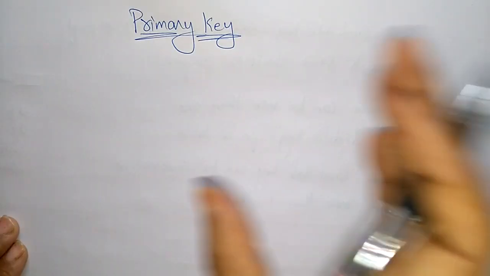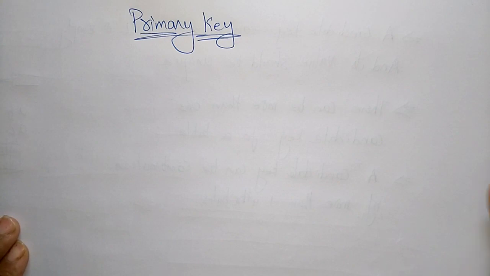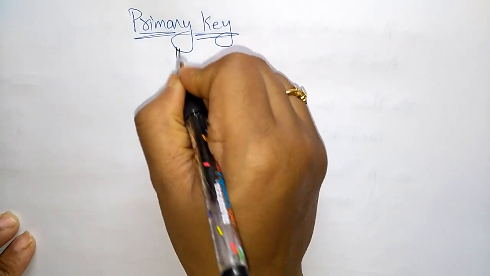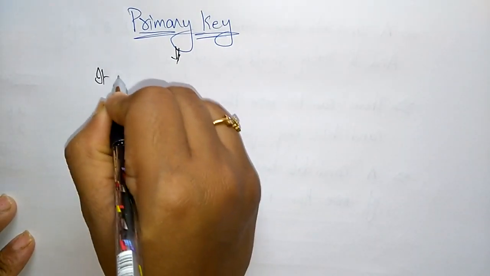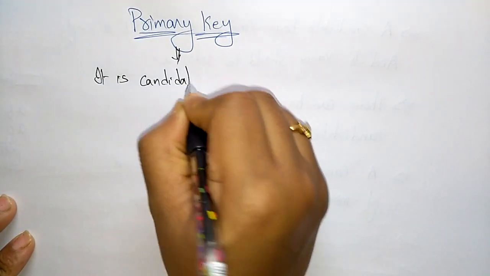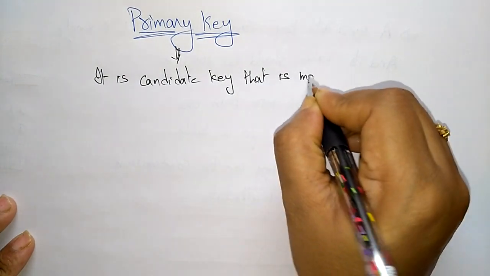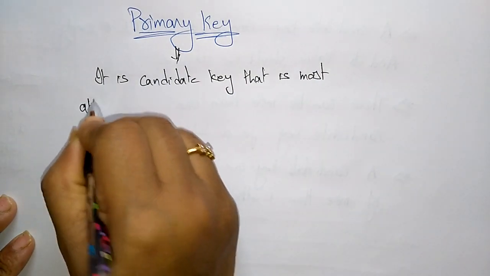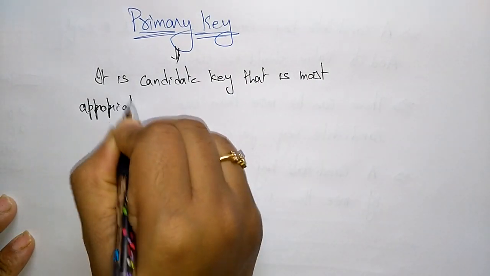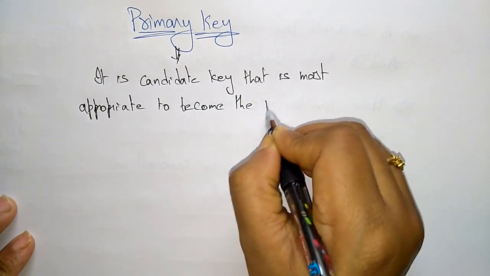Whatever table, whatever relation you are creating, whatever keys you want to introduce, it's up to you. But you have to maintain one primary key in each table. So let me write. It is a key, you can also call it a candidate key, that is most appropriate to become the main key